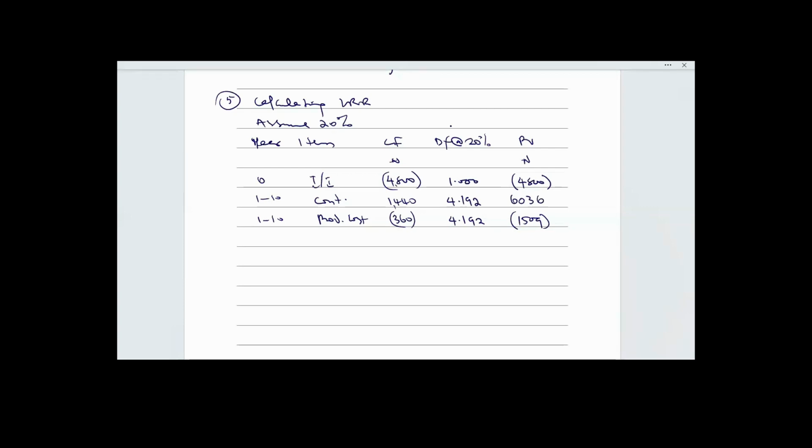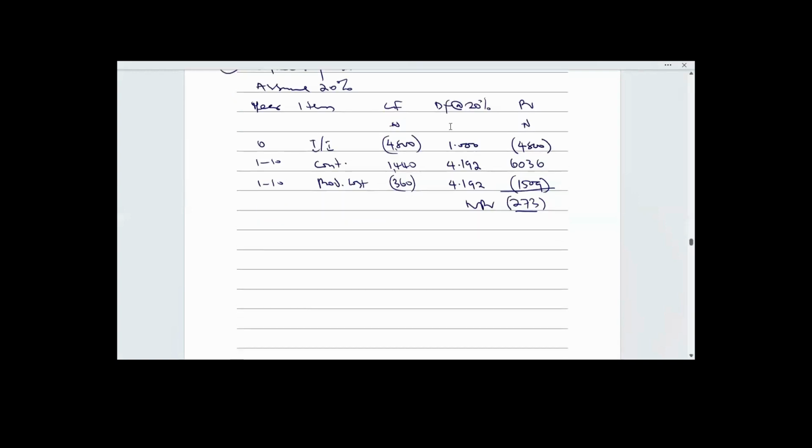So what do you now have? 6036.48 minus 1,509 equals negative 273. That's NPV. So I will then calculate my internal rate of return, IRR, equal to lower discount rate